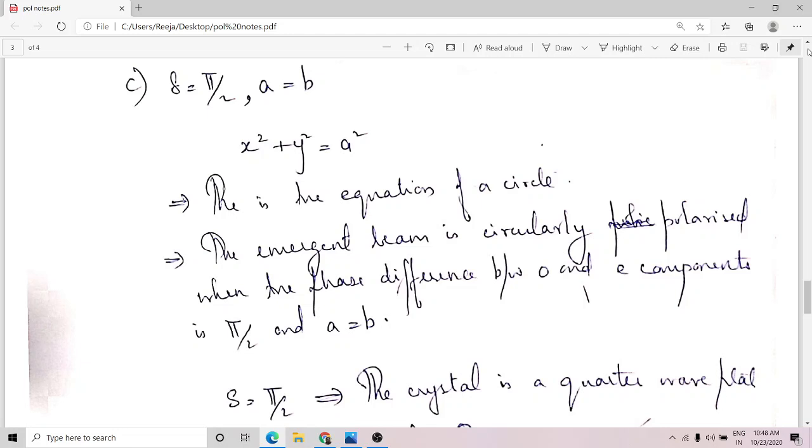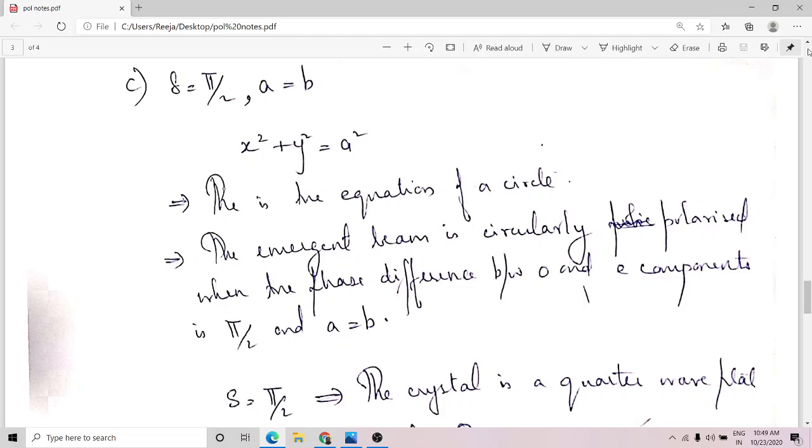Similarly, when a beam of plane polarized light is incident normally in a direction perpendicular to the optic axis with vibrations inclined at an angle theta with the optic axis on a doubly refracting crystal. These are the conditions that we used in the beginning. If all these conditions are valid, then if the phase difference between the O and E components is pi by 2